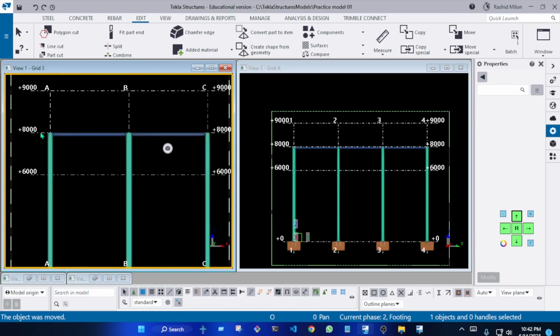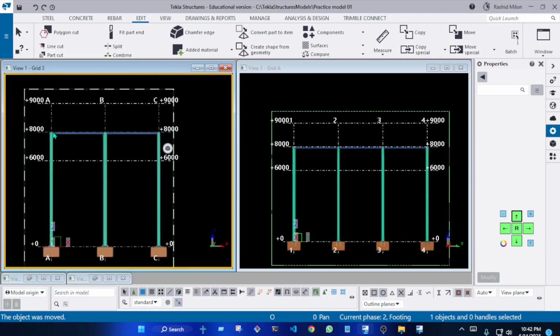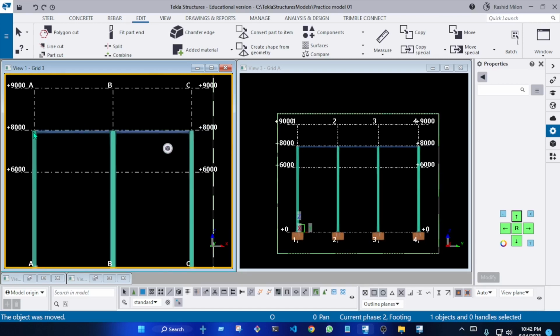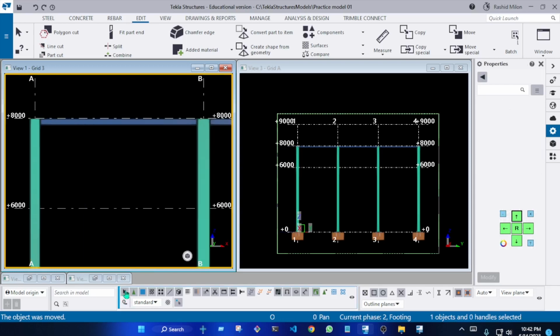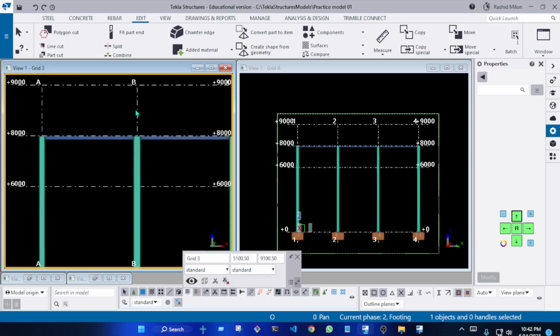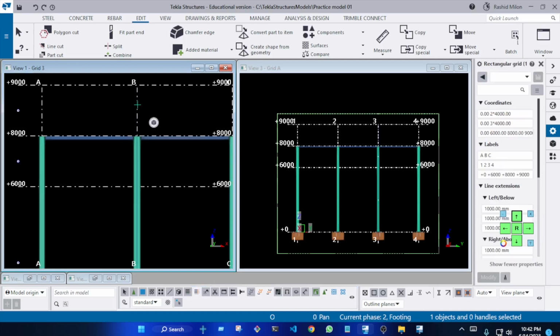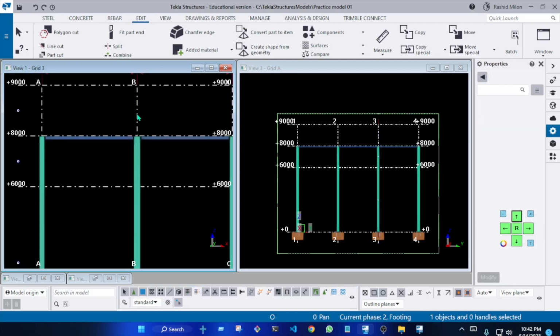So why is that? Now our trash will be here. All right, go here, go here. All right, so now our column profile, you can change the grid by another option also. Okay, you double click, ready, then